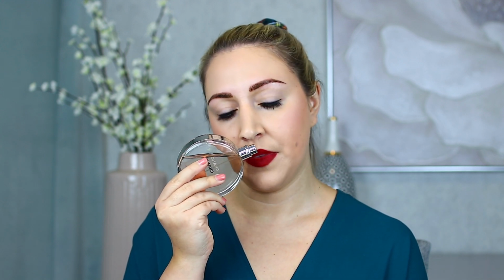de Tendre. This is the kind of pinkier one. They do have a greenier one, a purpley one. So they have a lot of these circular perfume bottle fragrances from the Chance line. It has kind of a jasmine smell. We do have a little bit of, maybe it's lemony. Lemon jasmine is kind of what I'm picking up. A hint of citrus with some floralness to it. This one is super gorgeous. This is the only Chanel I have in my collection right now, which is surprising, but it has suited me